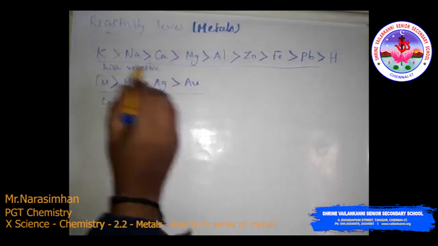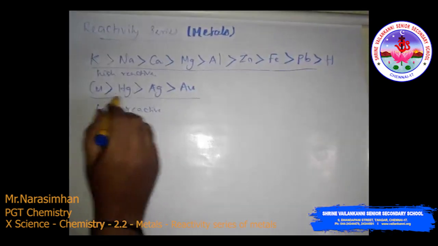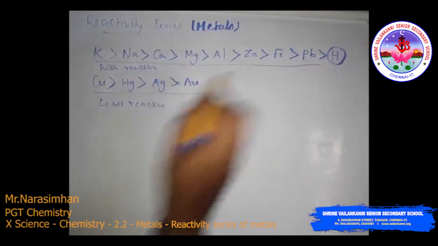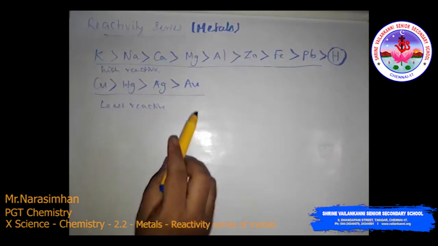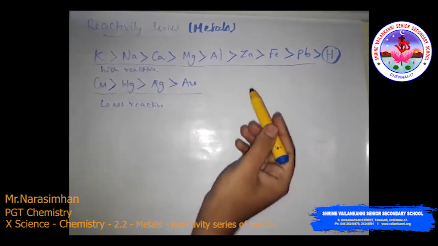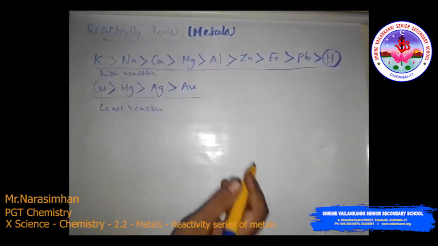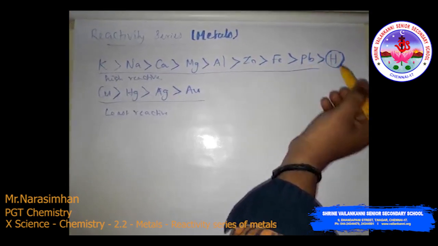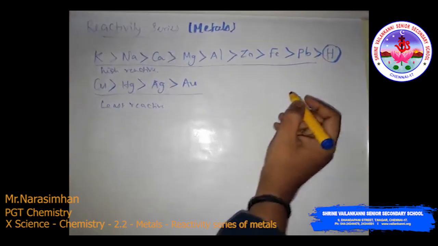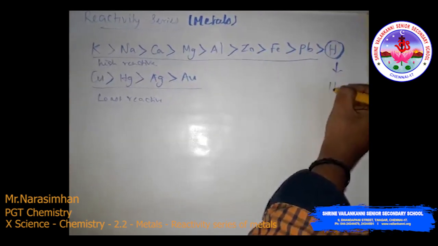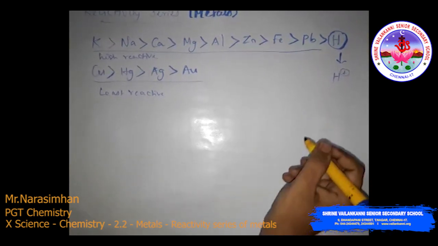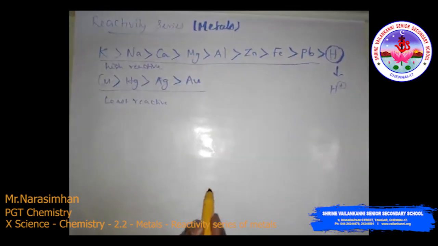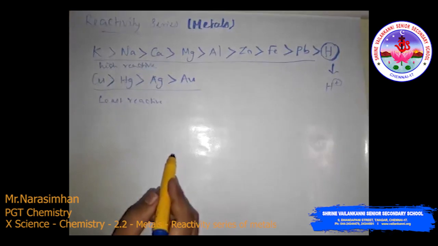One doubt will arise. See, here these are metals and these are also metals, but hydrogen is a non-metal. Why is it included in this series? Why is hydrogen included in this metal reactivity series? Hydrogen has a positive charge, that means it has the property of electropositivity, that is the loss of electron to form a positive ion. So the hydrogen charge is H plus. That is why it reacts, and hydrogen is placed in this metal reactivity series.